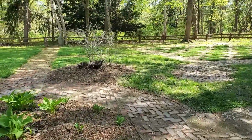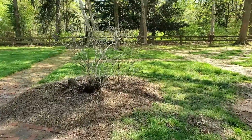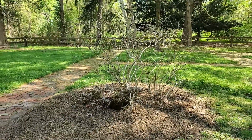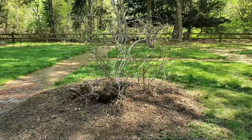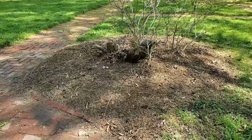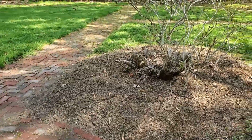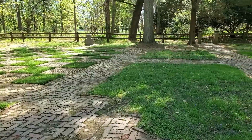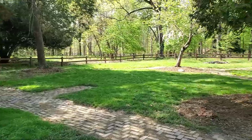We have this area here. I might see, because this bush here that's growing, it's not real pleasing to the eye. So I might see if it's possible that they'll allow us to remove this and just use this area here to plant more flowers. The goal, of course, is to not get in the way of anywhere where they'll be using the riding mower. So like around the trees,